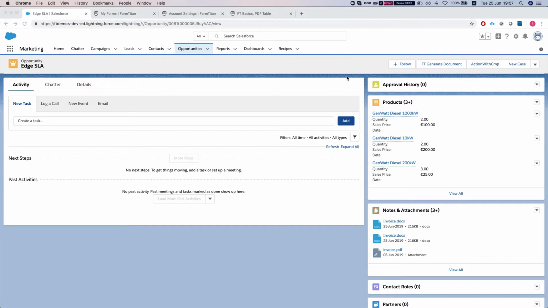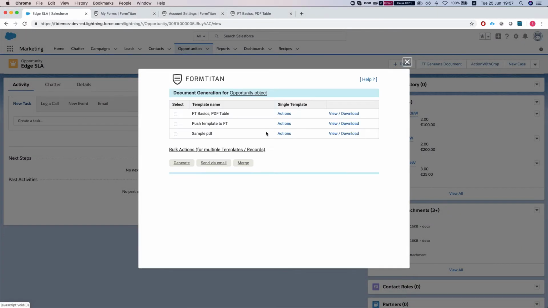Hey there, Titans. In this video, we will view the attach to option in the FD generate document package for Salesforce. So this is our FormTitan package for Salesforce, and we have already mapped some forms into our object, the opportunity object. So what we're going to do is just click on the actions and take a look at the